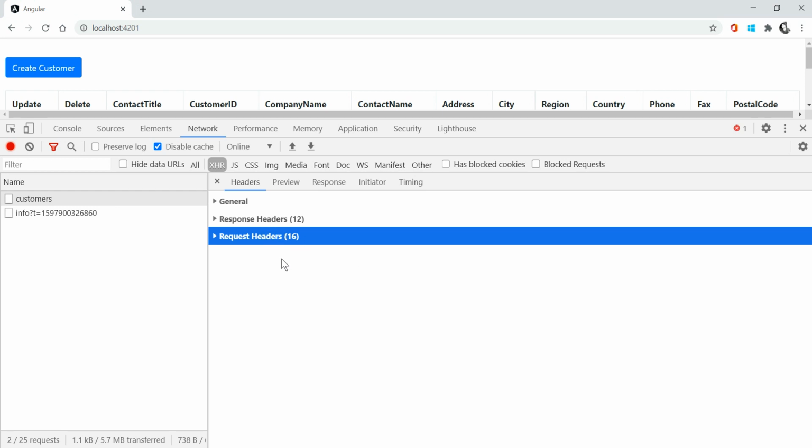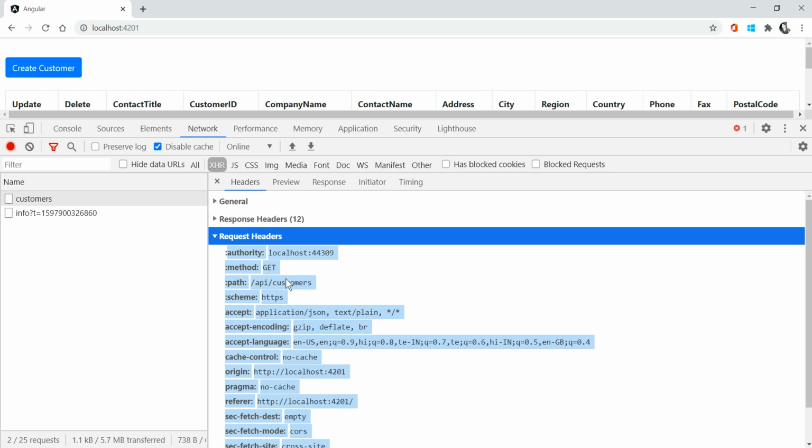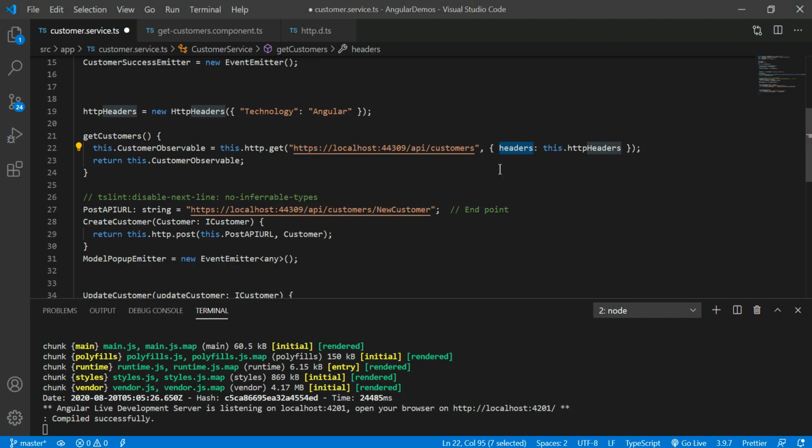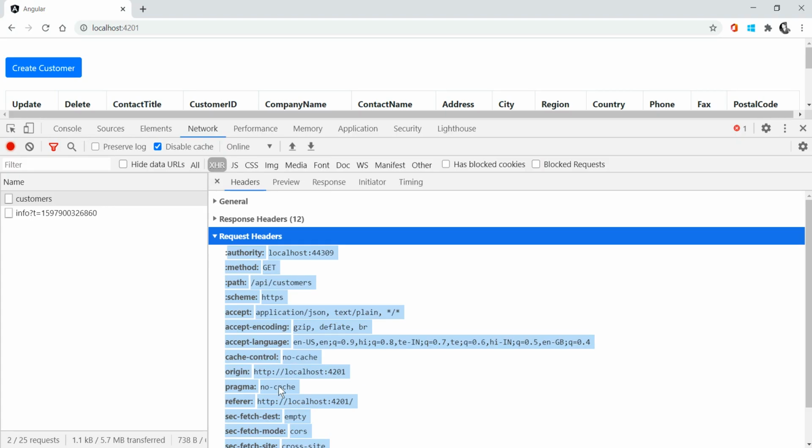The request header shows which kind of data you are going to pass to the web API. Right now I am passing these default parameters, which are automatically designed by the Angular HTTP GET request. You don't need to explicitly give this kind of parameters under the HTTP GET request. Right now I am creating my own header section because I want to give my own header section to the API.